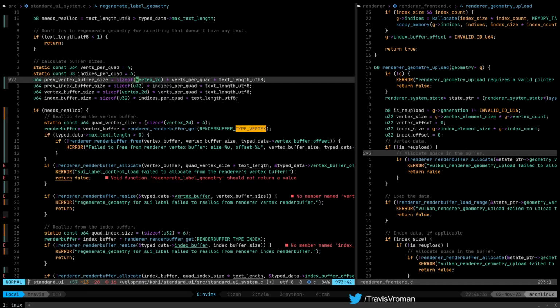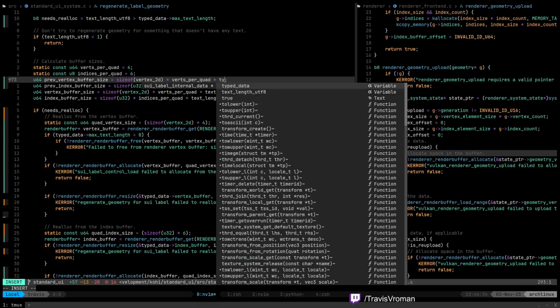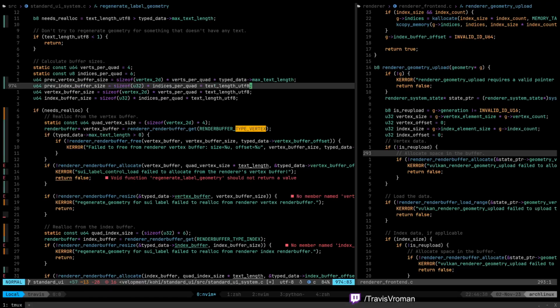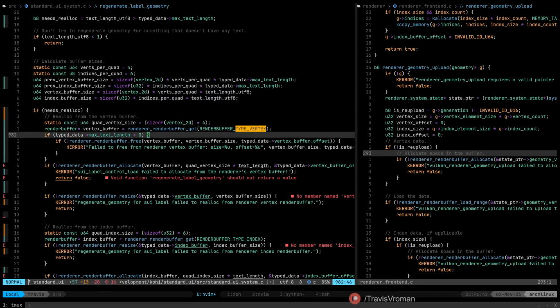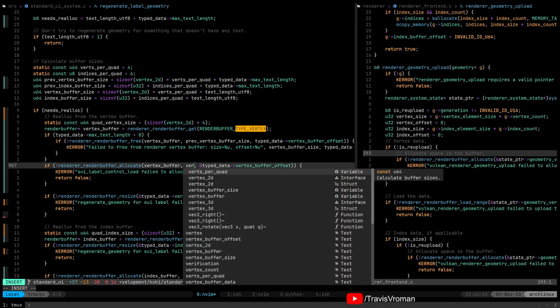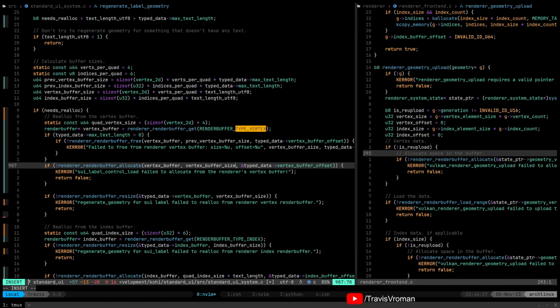And instead of using that, it should be using type data max text length. Right, so what we really want is the previous vertex buffer size to be freed, and then vertex buffer size is the new size. So we allocate from that.